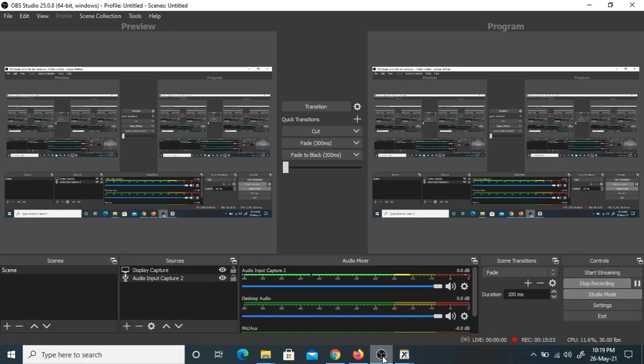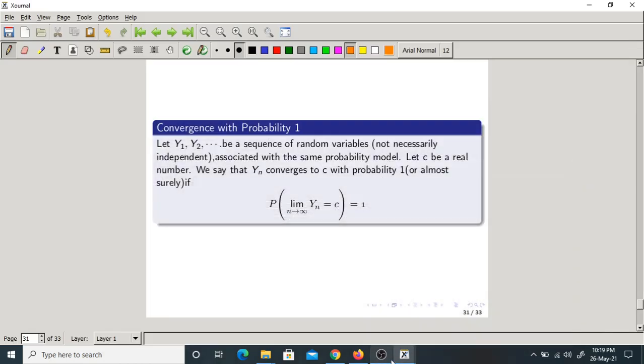Now, in the last class we discussed one kind of probability convergence, convergence in probability. Now we will discuss convergence with probability 1, or with certain probability. So let Y1, Y2 be a sequence of random variables, not necessarily independent, associated with the same probability model. Let C be a real number. We say that Yn converges to C with probability 1 if the probability that Yn equals C,